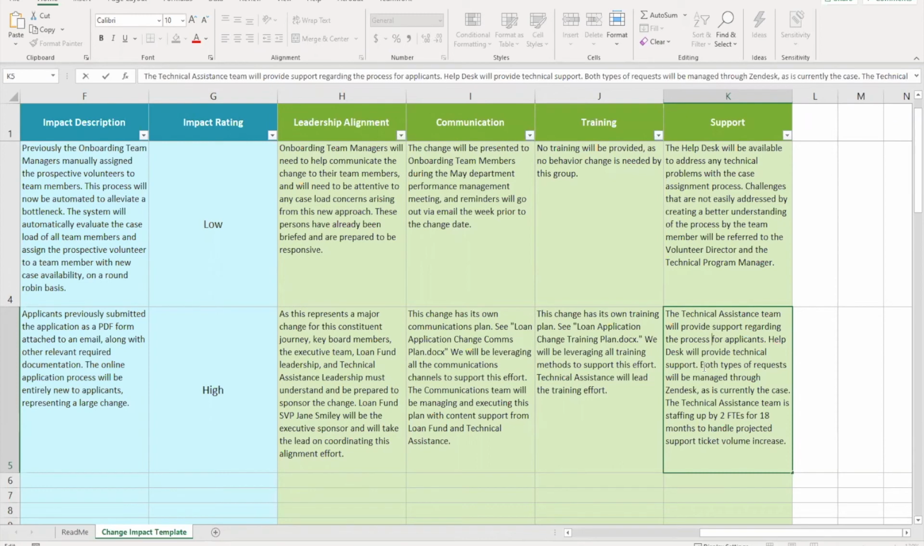But there might be some technical issues with the forms and the process, and those would have to be provided through the help desk support, the technical help desk from IT. And then both types of requests will be managed through Zendesk. That's a typical ticketing customer service solution. We use Teamwork Desk sometimes. And the technical assistance team is staffing up by 2 FTEs or full-time equivalents for 18 months to handle projected